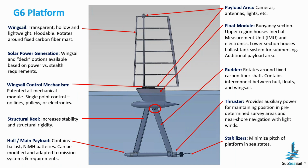So just a quick look at the platform itself. You can see payload areas at the top of the wing sail, bottom of the wing sail, where there's a deck area for solar. Solar can go on the wing sail. The circle calls attention to the only electromechanical part required for our system to sail, which is a servo to turn the rudder with a hotel load or operating load of less than 1 watt. At the section below, our bottom hull, we carry the batteries and ballast, a thruster to get out of harbors or to loiter in low wind conditions, and also to carry payloads,